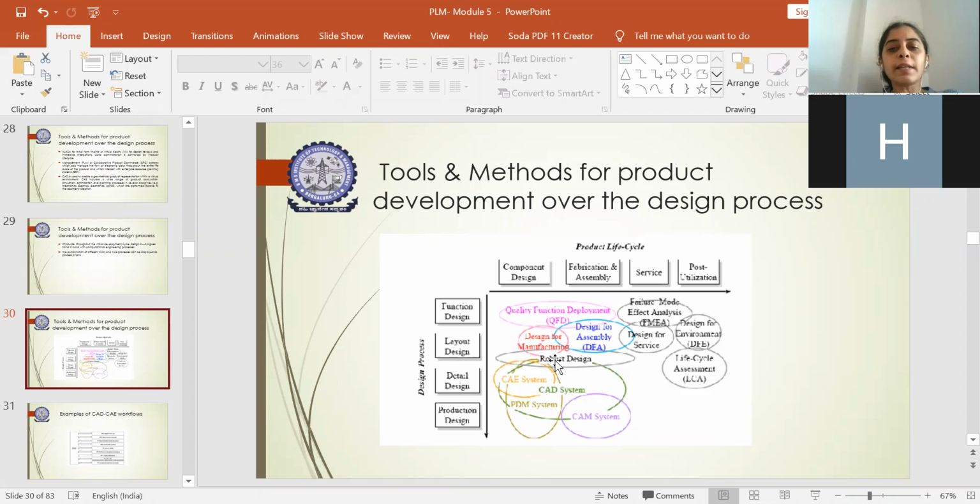Okay, so we dealt before with design for manufacturing, design for assembly in our design for X concept, right? Where we had 6 criteria, and if it meets all the criteria, then only you say that it has been designed as per design for X methodology. Even that could be created virtually here. Robust design and the CAD systems. Here all the design tools come into the picture, like AutoCAD, ProE, CATIA.